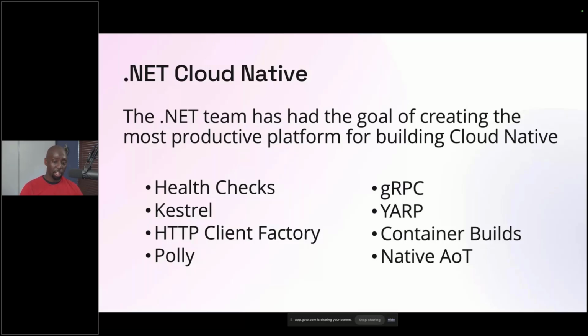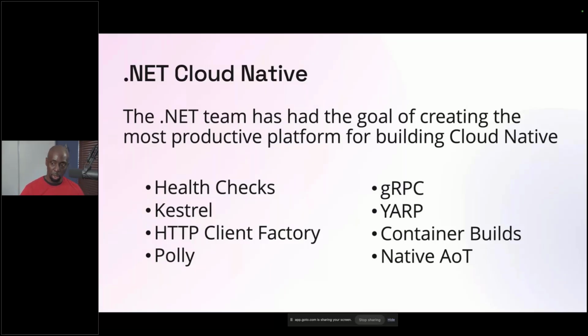Trying to build applications that reduce the size of the bundle, those are not new things. But now that we're trying to go into this cloud native world, right? This world of containers and Kubernetes and orchestration systems, now we're just thinking about them in a different way. Now we're applying those patterns in a different way. And so, when I look at .NET, I feel like we've had these pieces, right? We've had these puzzle pieces kind of being developed over time. But now we want to focus on, well, how can we put them together, right? How can we put them together in a package that works well inside of this new cloud native world that we're all trying to be a part of?